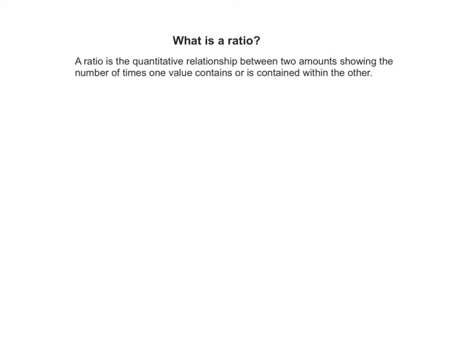What is a ratio? A ratio is the quantitative relationship between two amounts showing the number of times one value contains or is contained within the other. What does this mean? Let's take an example. Suppose we have a school which has a total of 1,000 pupils, 1,000 students, and out of the 1,000 students,